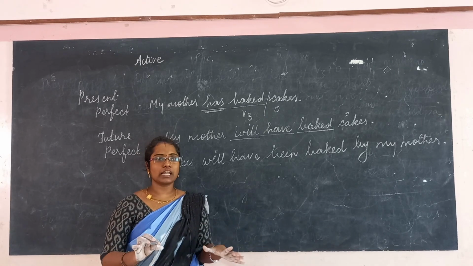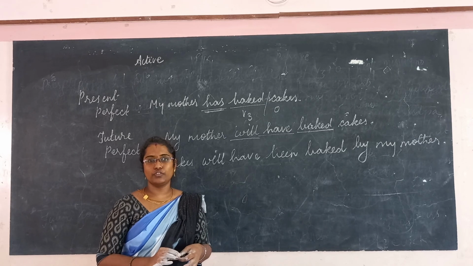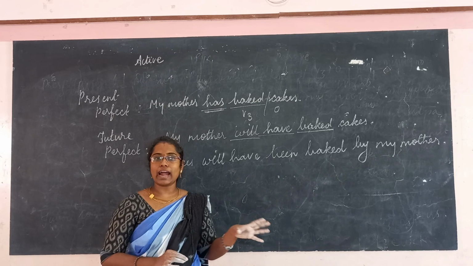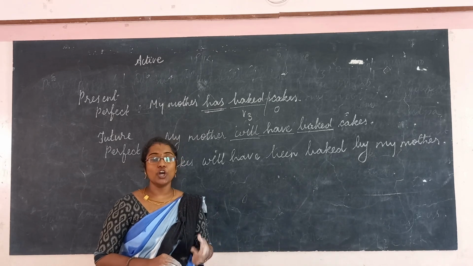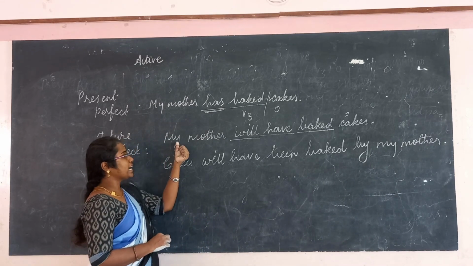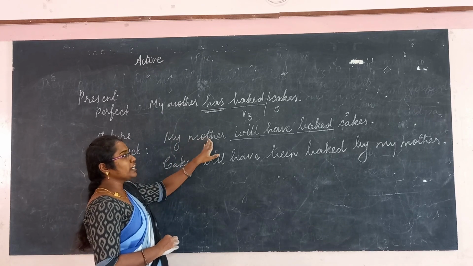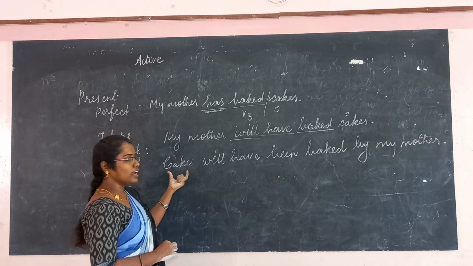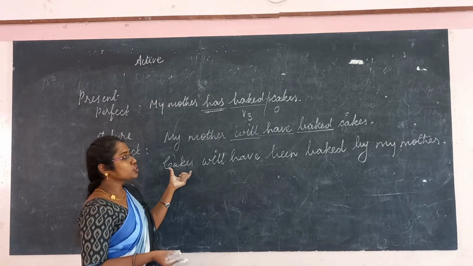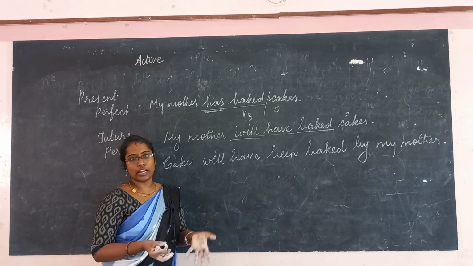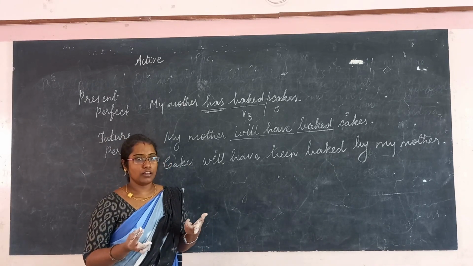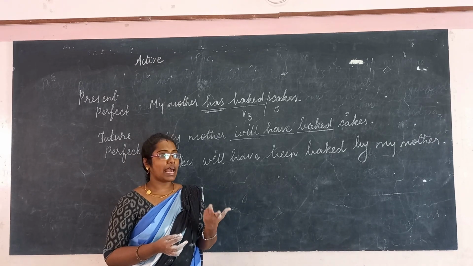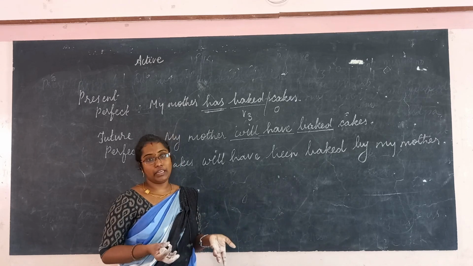So now let me wind up the class. I think this lesson will be very useful to you to remember the rules as well as how we change a sentence from active to passive. So once again let me remind you, if you want to talk about the subject, the doer of the action, it should be in the active voice. If we want to talk about the object, what and whom, that part should be in the passive voice. For example, I teach you grammar. Okay, what do I teach you? I teach you grammar. So grammar is taught by me. So don't forget it.